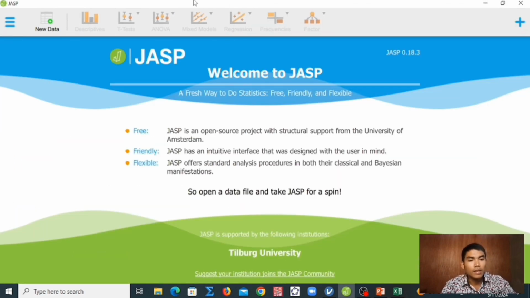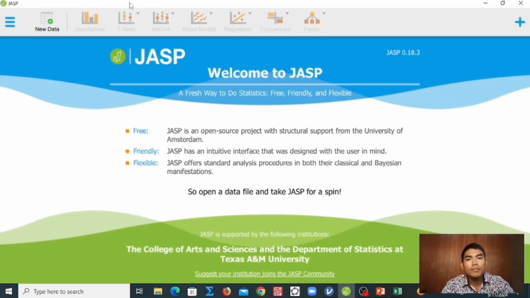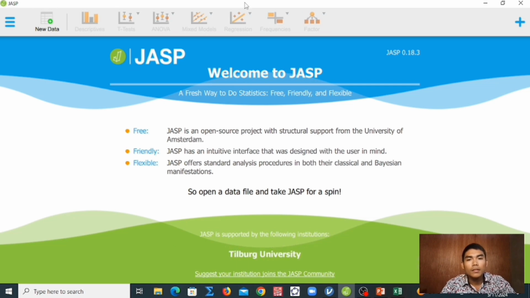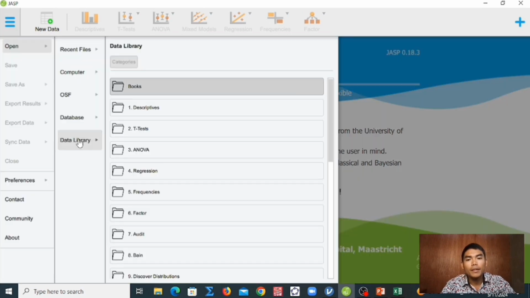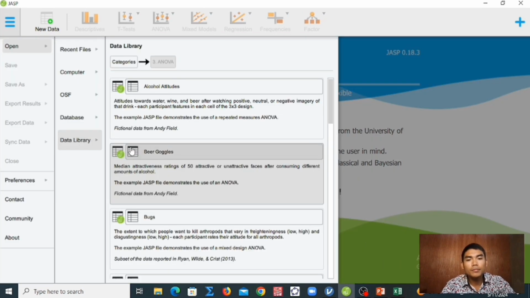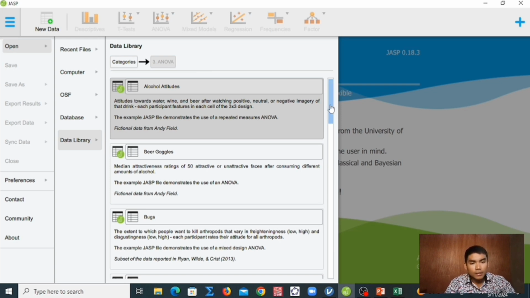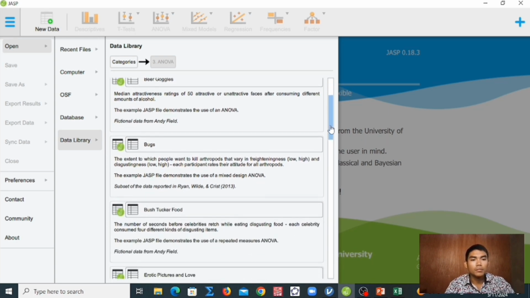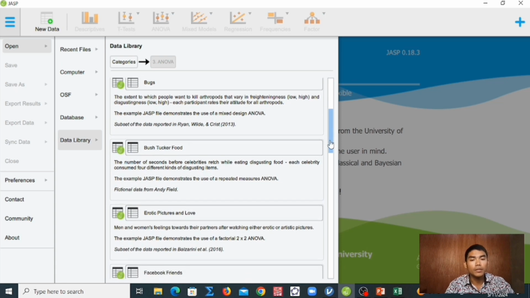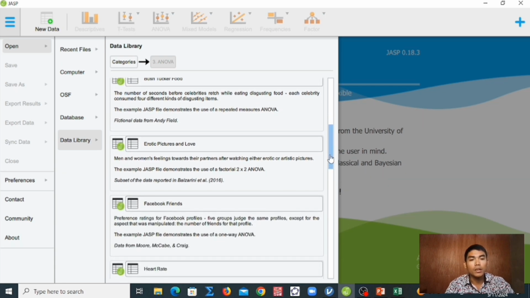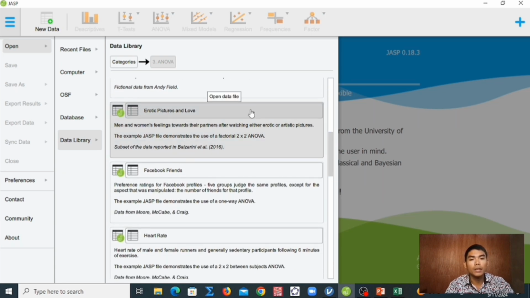Okay, so click on the JASP icon, then click this one, go to Open and Data Library, ANOVA, and we have here some data for us to use in our two-way factorial ANOVA. Let's choose